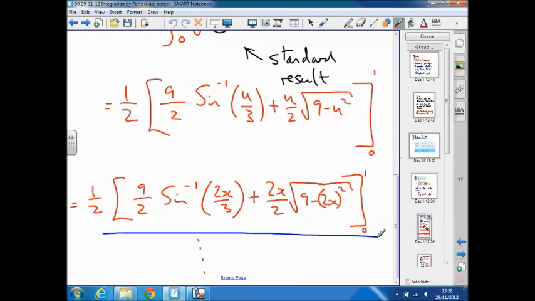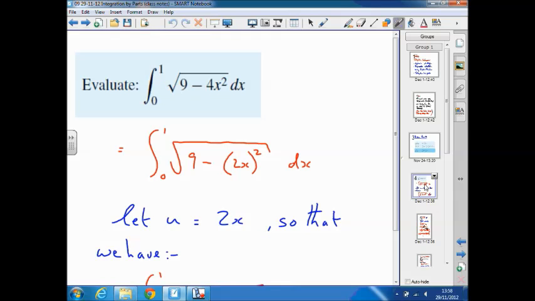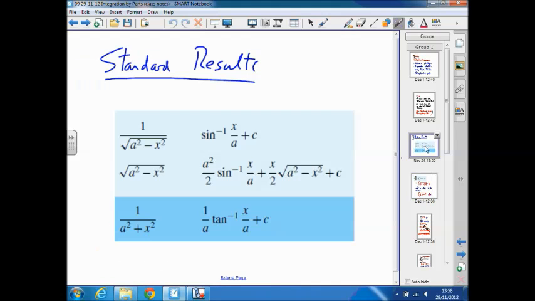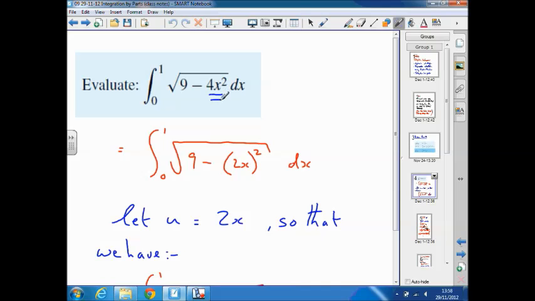Okay, so it's that sort of idea of getting our integral to look like a standard result, and that's what I mean by that. The standard result is just x squared. We've got 4x squared. So what do we do about that? We make sure we've got something squared, and that will now be our x. So we call that u, and